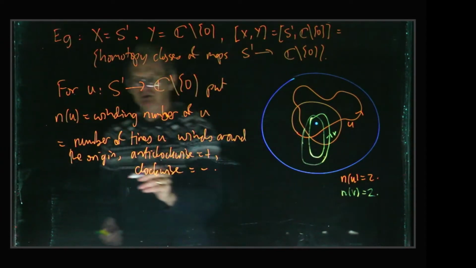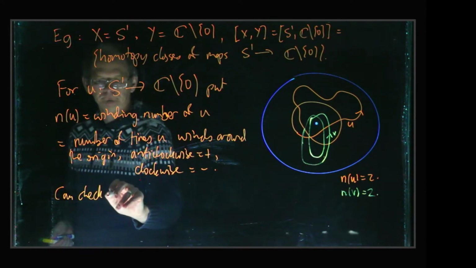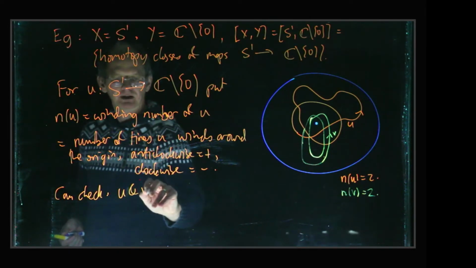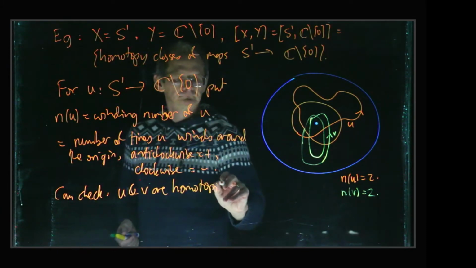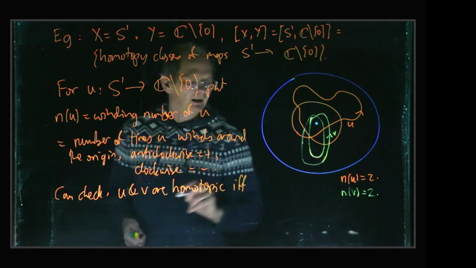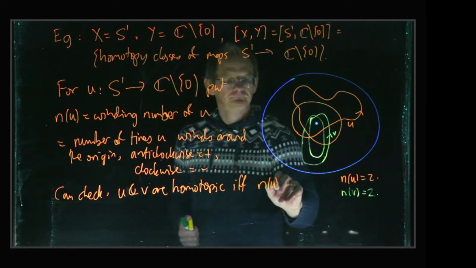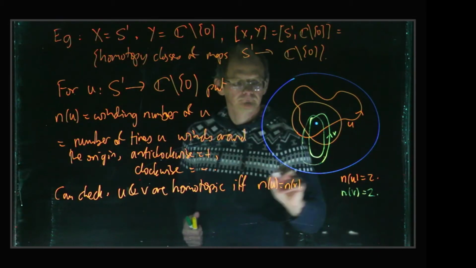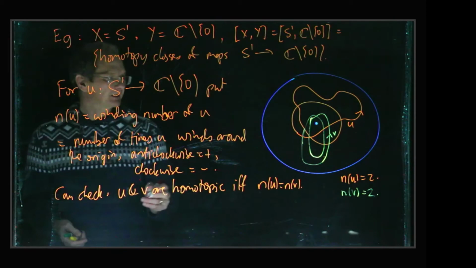And what one can check is that U and V are homotopic if and only if they have the same winding number. And in fact, we can define